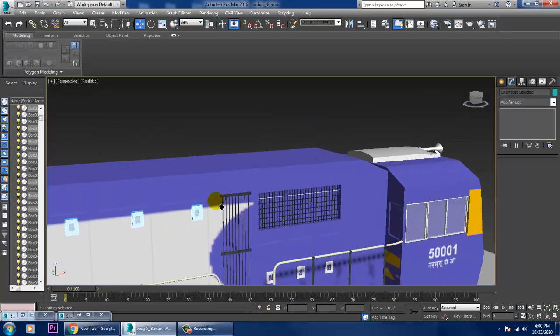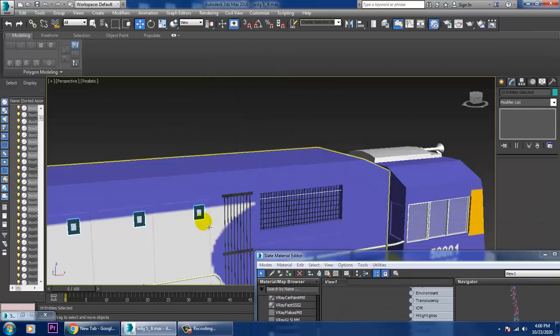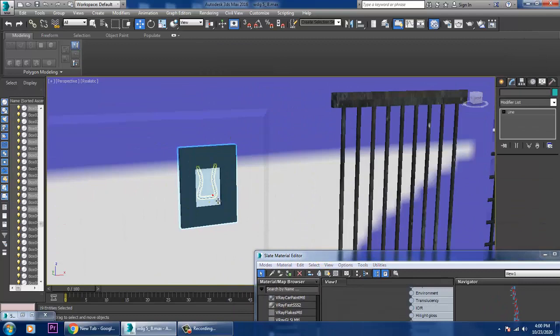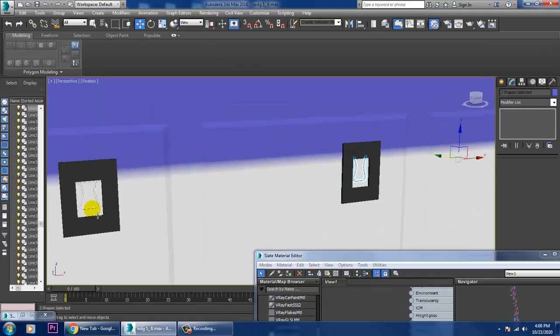So let's go into material and let's give the same texture over here.